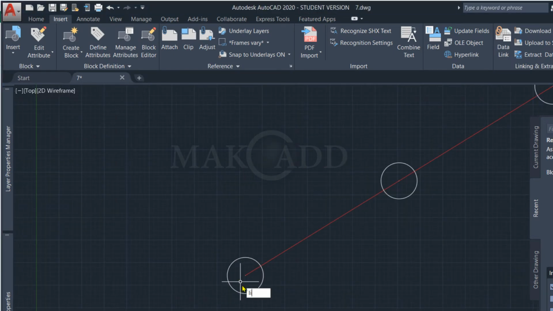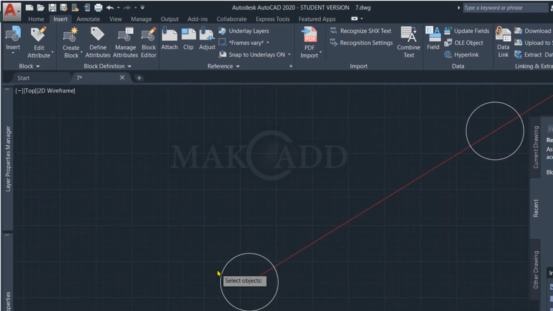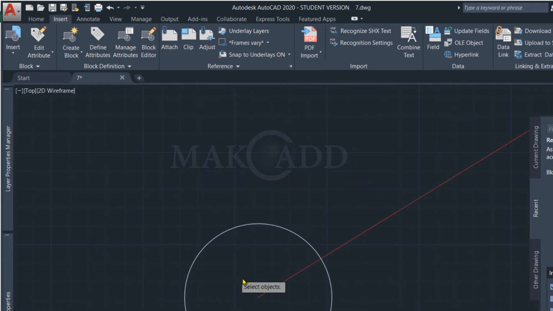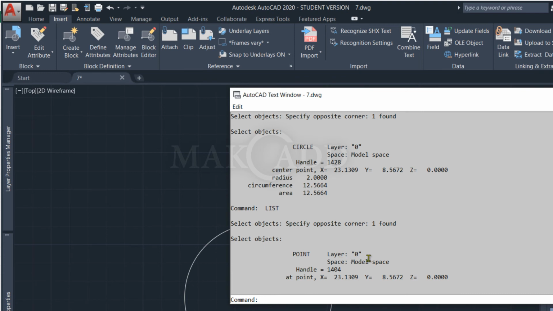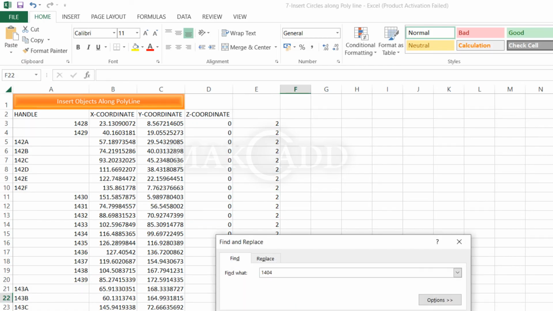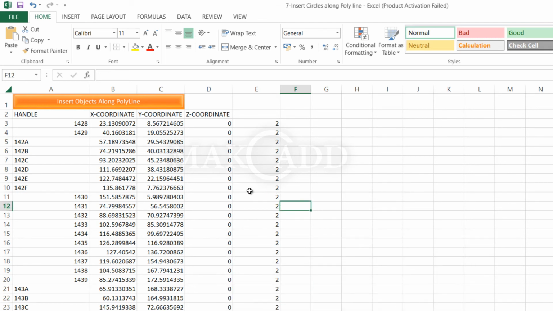Here it is. Circle handle is 1428. So there is no card point's handle in the drawing. Okay. Also here the radius is missing.